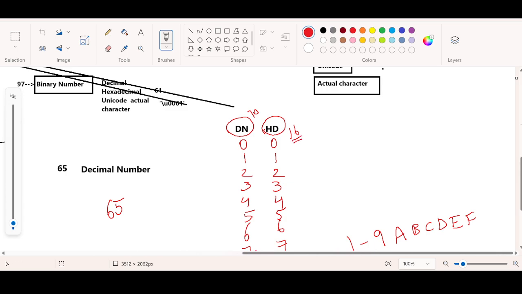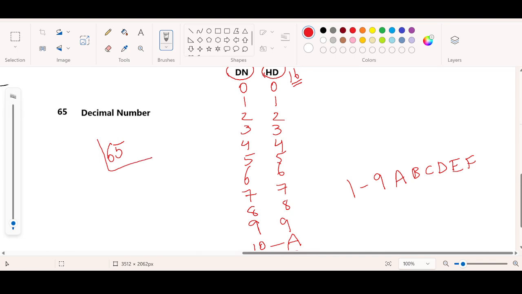If you want to convert a decimal number to a hexadecimal number, keep dividing the decimal number by 16. 16 fours are 64, and the balance is going to be 1. Write the number from bottom to top. 41 is the hexadecimal number for the decimal number 65. Likewise, if you take a number like